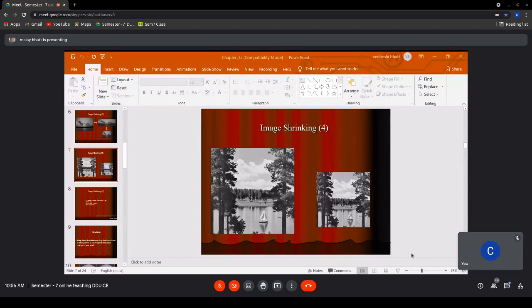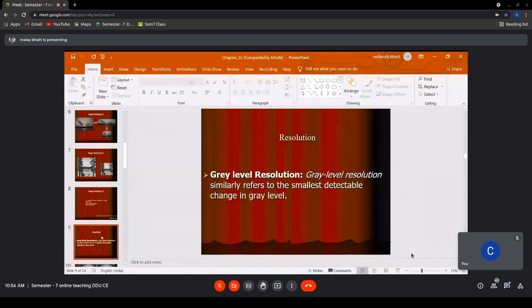Okay, so let us go to another interesting topic. Now let us focus on the gray level resolution. The previous one was spatial resolution, in which our focus was on reducing the image size in terms of pixels. Now here we want to reduce the image size in terms of the number of gray levels.